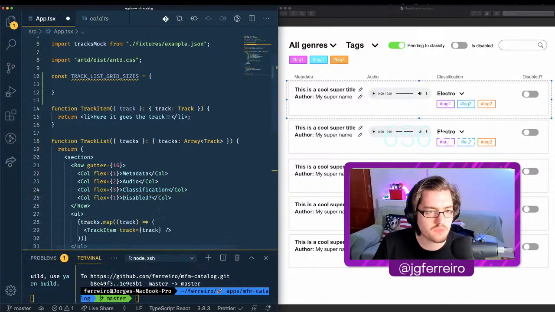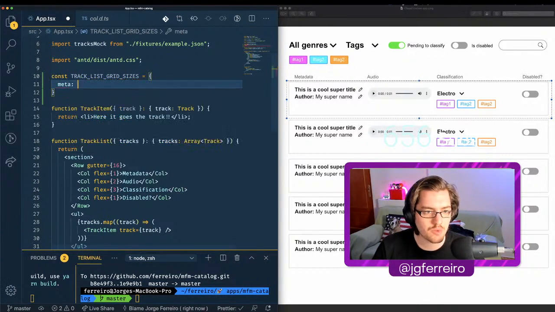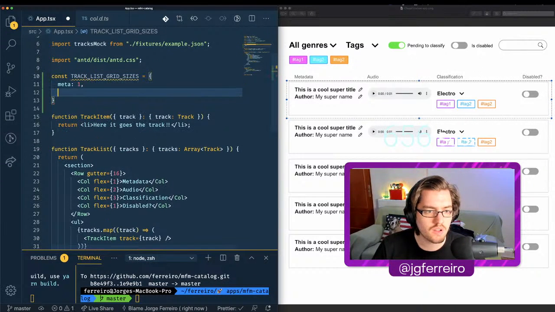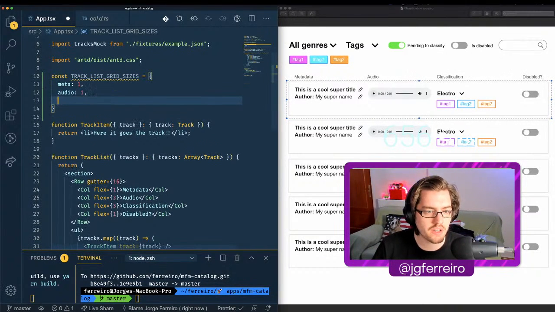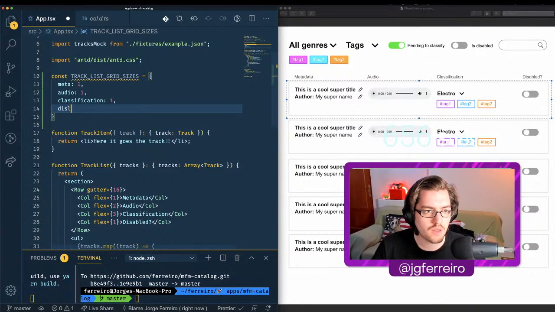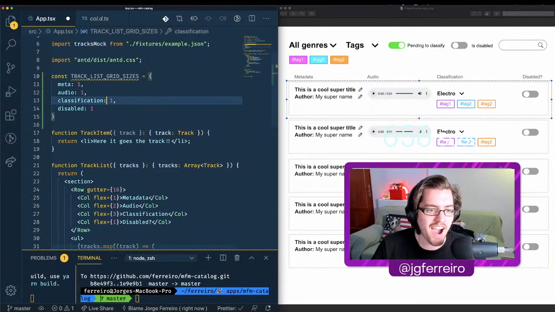Okay, let me just move that. So meta will be 1, audio will be 1, classification will be 1, disable will be, oh sorry, I just put in random values. Okay, perfect. And then here we can just call